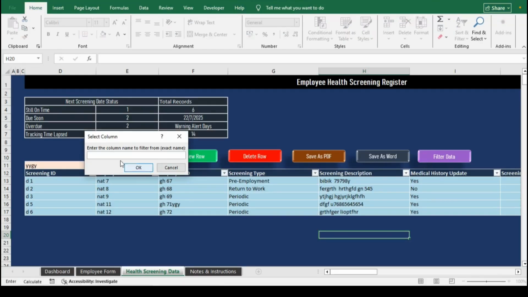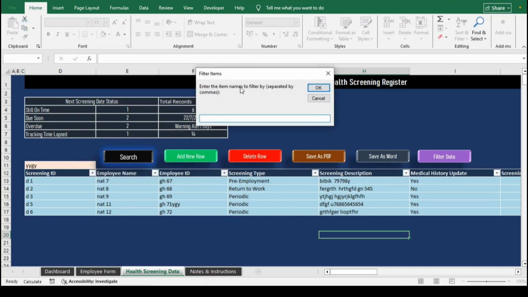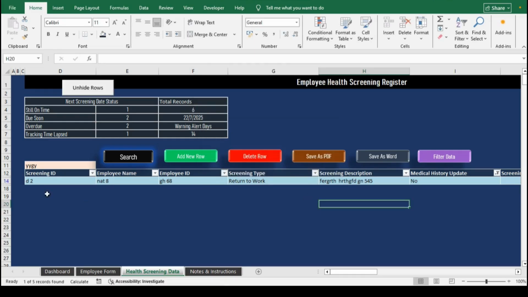The Filter Data button allows you to display only the rows that meet specific criteria, hiding all other irrelevant rows. This makes it easier to focus on important data without distractions. Once you're done reviewing or editing, simply click the Unhide button to reveal all hidden rows and return to the